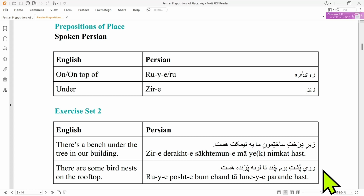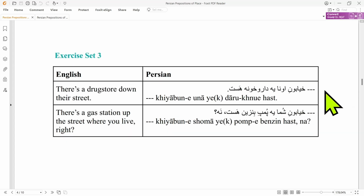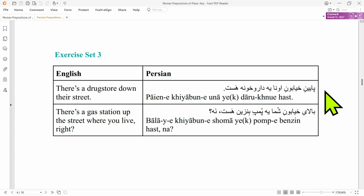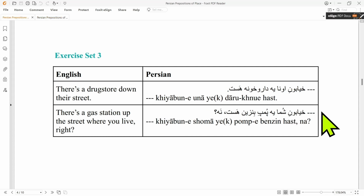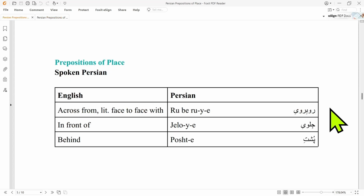Notice that for house we have خونه and in written form خانه, and for nest we have لونه or لانه in written Persian. The next pair is بالایه and پایینه, up and down or above and below. So how can we use this pair to say there's a drugstore down their street? پایین خیابون اونا یه داروخونه هست. And there's a gas station up the street where you live, right? بالای خیابون شما یه پمپ بنزین هست، نه؟